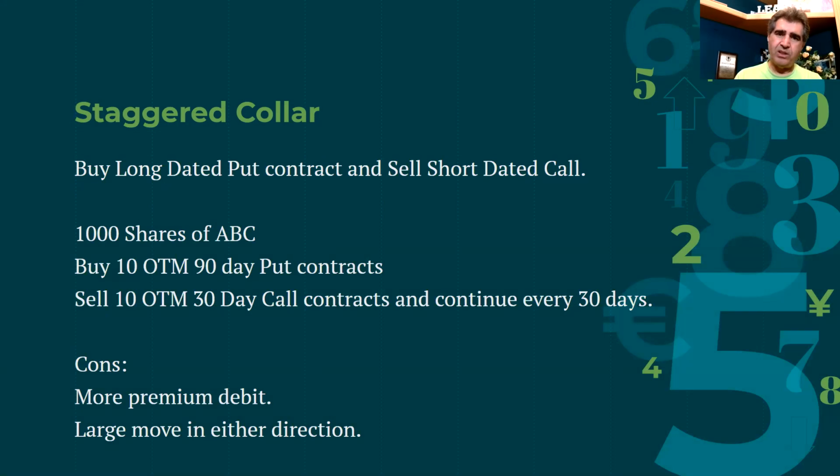The next option strategy is called a staggered collar. And again, this staggered collar you can also use if you do a covered call. We've talked about that in the past. So again, you own shares of ABC stock. What you do is buy the put option, but this time you just sell short-dated calls. So basically it's similar to a covered call, right? You own the stock of ABC, you bought it at $100, you sell the call for 30 days,